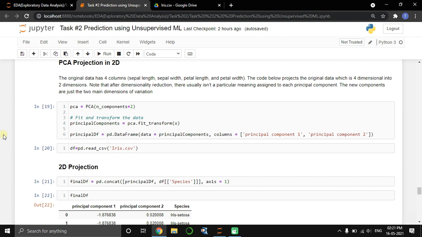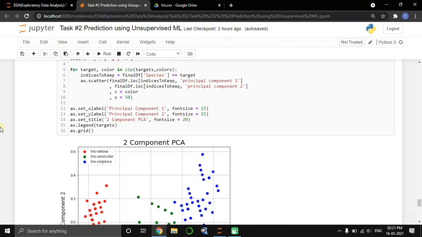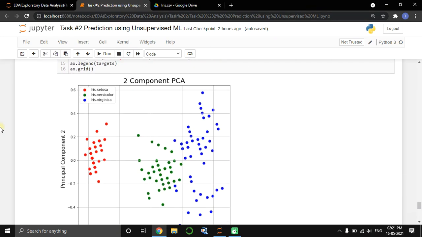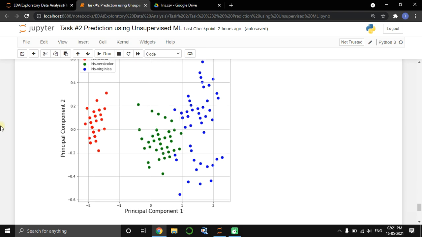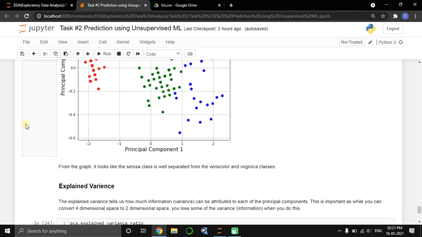Basically, PCA cuts short the dataset, or technically speaking, it filters the noisy data. Just as I told you, the serial number of this dataset does not matter, it filters that out. After applying the 2D projection, it shows the two-component PCA. We can readily distinguish the clusters here: red for Setosa, green for versicolor, and blue for virginica. They are readily classified.